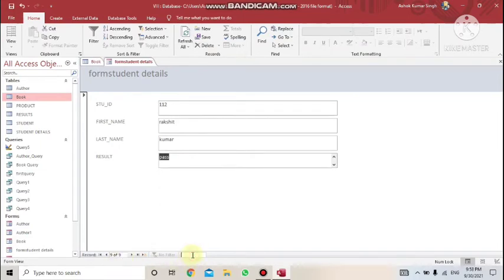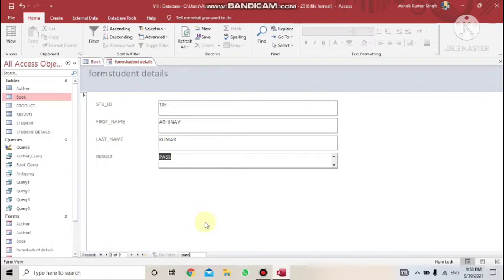Another button is there, search. What do you want to search? I want to search for record number 10110. It is showing. I want to search for record number 101. It is showing. I want to see the result of pass students. Write down pass, and one by one we get the records, beginning with the third. So whatever entry you want to search, you can take help of this search box.